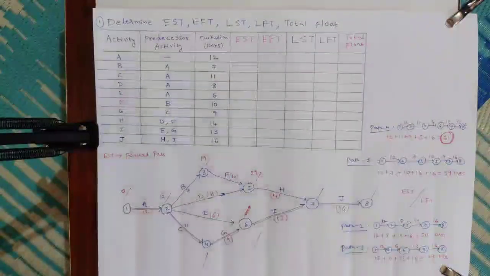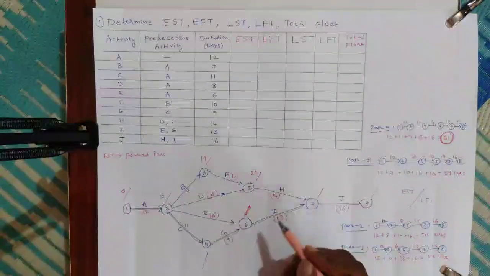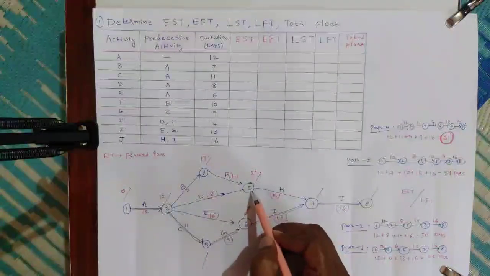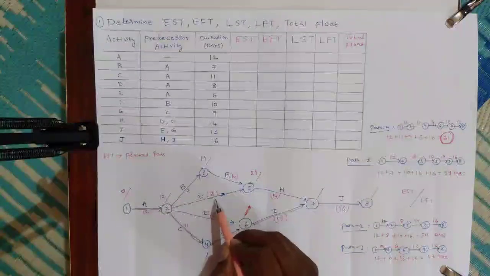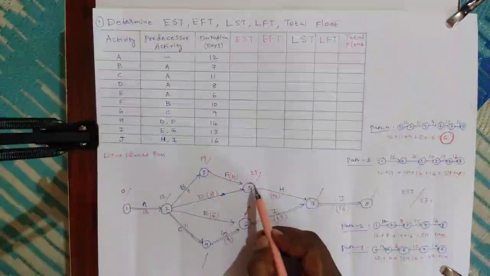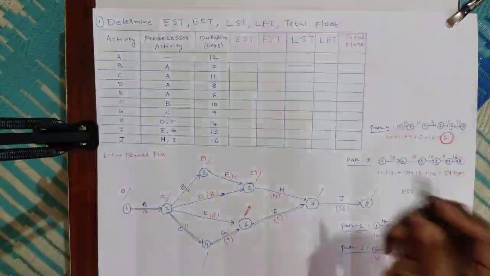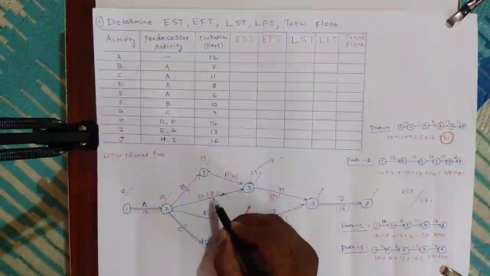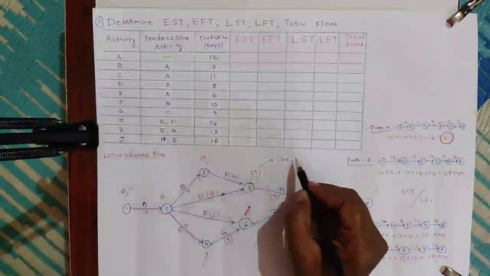And if you see here, and here only in event number 5, 19 plus 10, 29 is there. Similarly, here 8 is also there now. 12 plus 8, 20 is also there. So for activity 20, here if you see, we will get 8 plus 12 plus 8, 20, and 19 plus 10, 29.